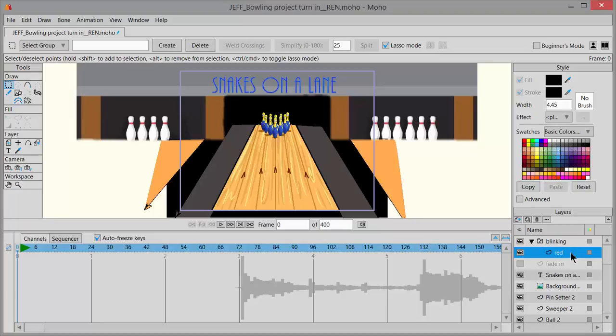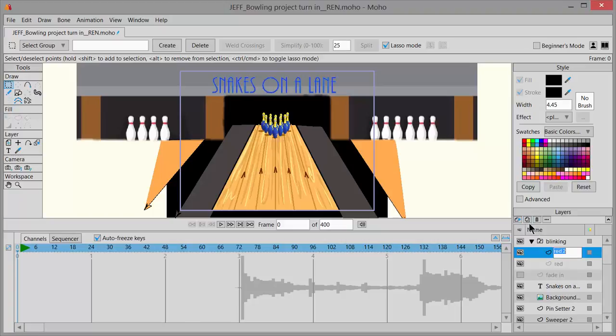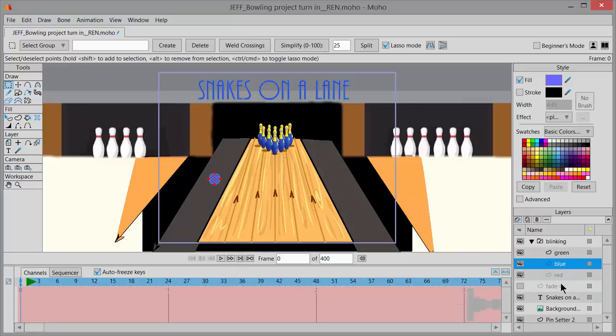okay? And then if I just make a copy of that vector layer, then I can name this one blue, and another copy, and I can name this one green. Okay, so I paused the video and I made some little circles right here. Green, blue, red, okay? I'll have like chaser lights. And you could do just 2, or you could do more than 3, but I think you'll get the principle